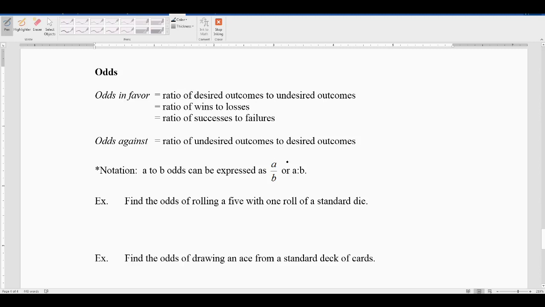And the way I'm going to write the fraction is I'm going to use the colon, which is what your book and most books use. So we'll use a colon. So it's the ratio of desired outcomes to undesired outcomes. So I could write that as,